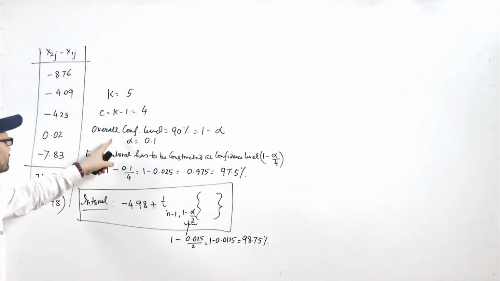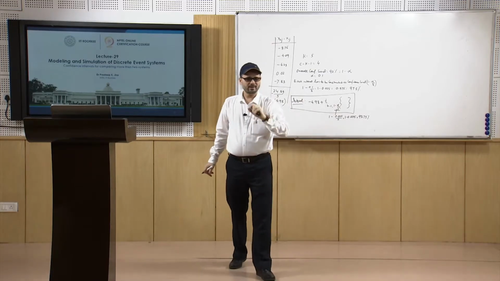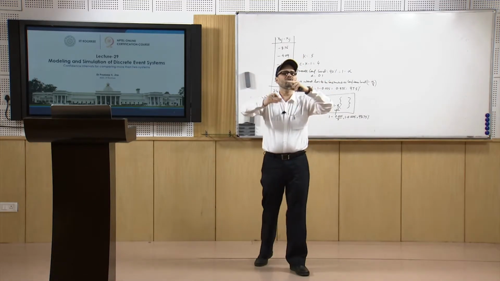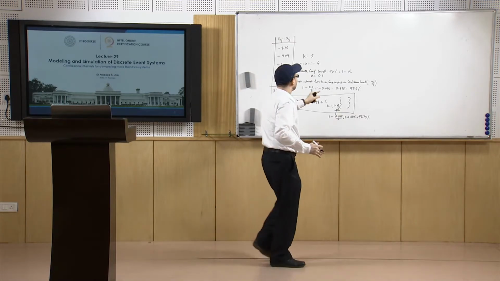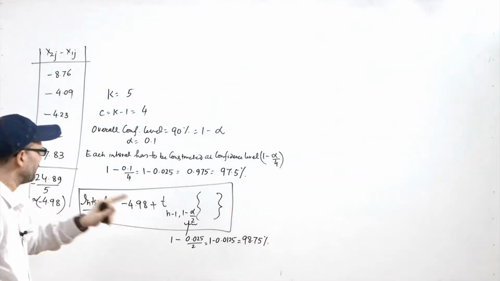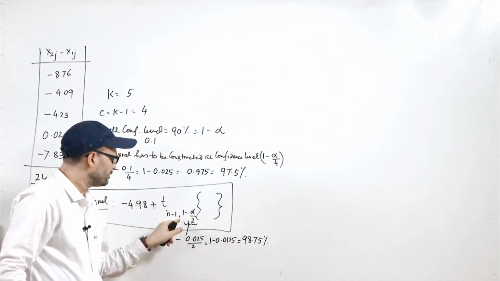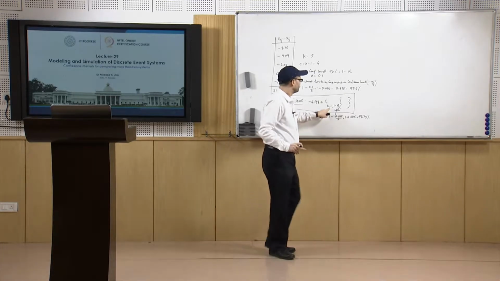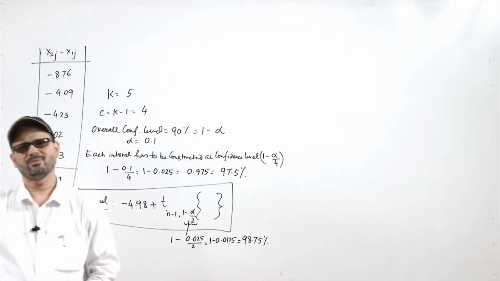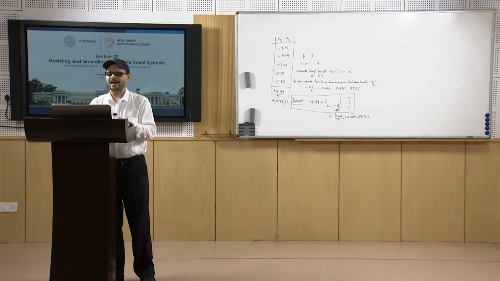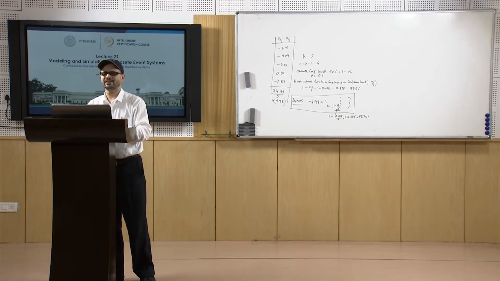Whereas, if we are comparing and making 4 individual intervals, so that the overall confidence level is 90%, then this comes out to be 97.5% confidence level for each interval, and that is why here it will be 98.75. So, you will see from the table t of 4 and 0.9875, and this is how you will calculate the values. If you compute the values, you can solve this and you can get certain values,